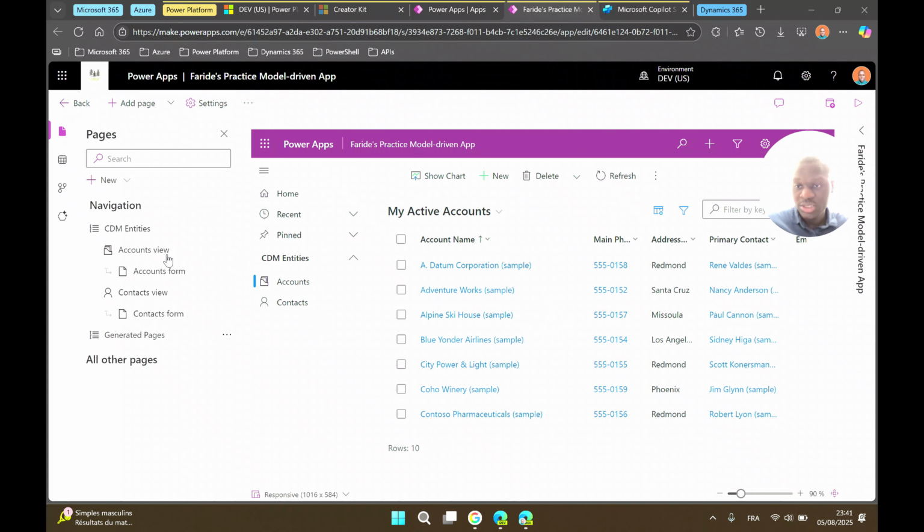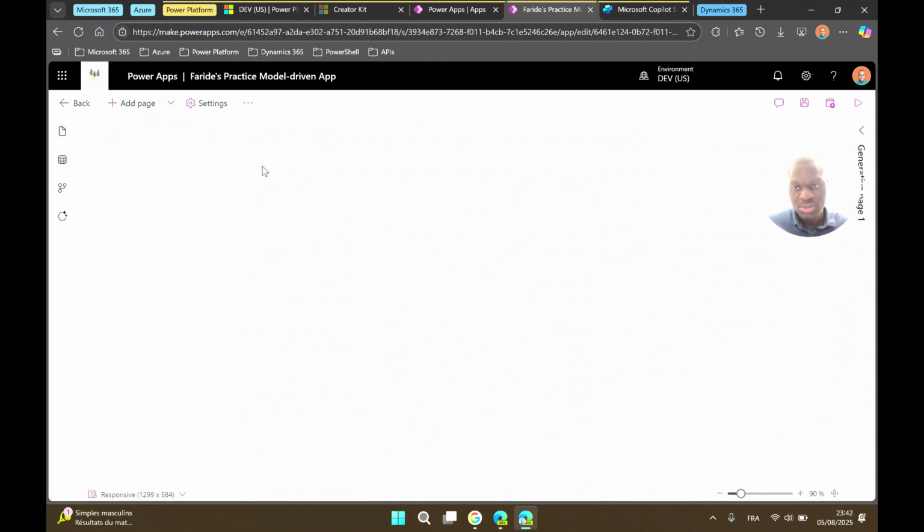As you see, my app is open. Let me click on the generative pages group. As you see in the corner, you will find add page. Commonly, it's to add a page.